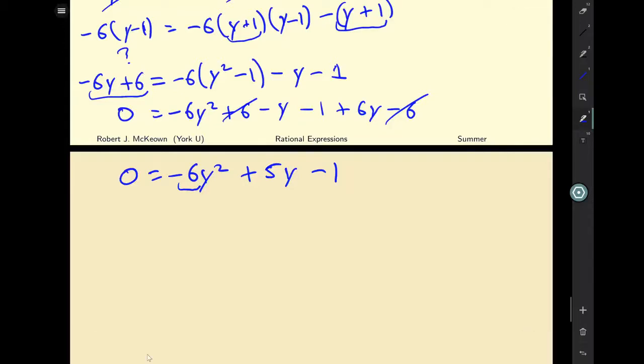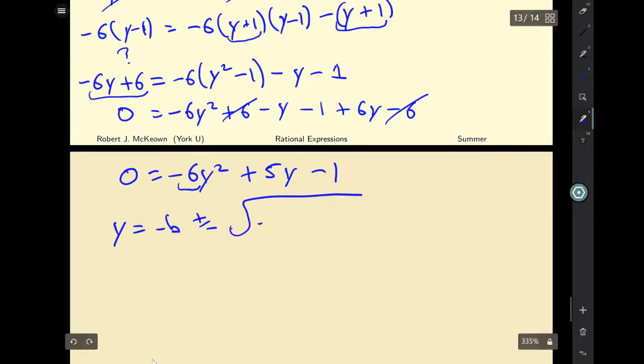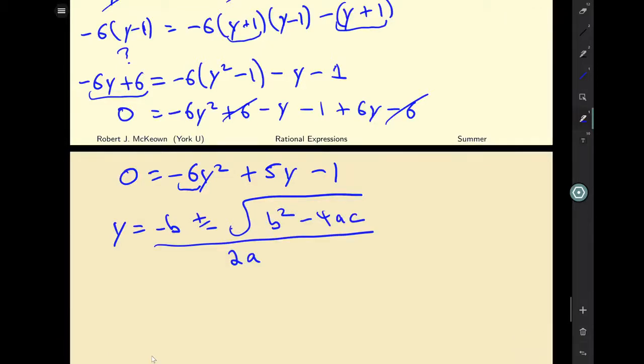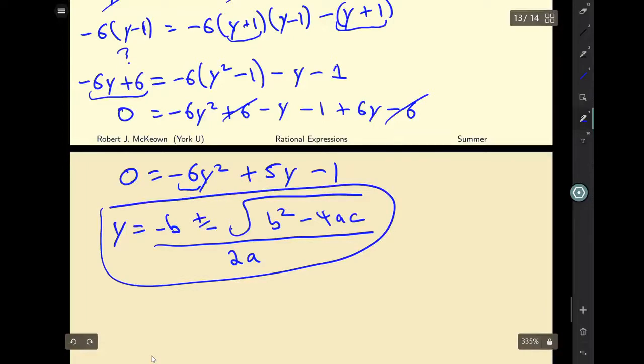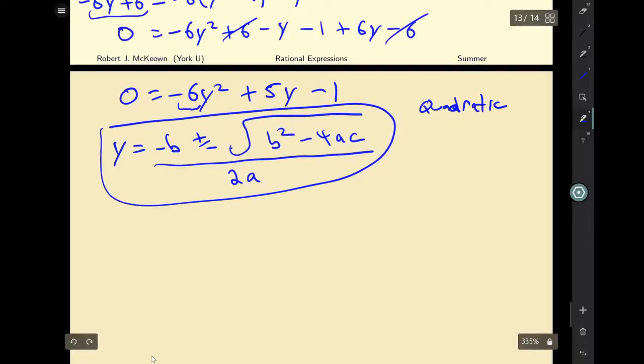To remind you, the quadratic formula says that y is going to be equal to negative b plus minus the square root of b squared. I got rid of that minus sign in front of the b, and I've added the equation right there. So you could use this quadratic formula, and I'll label it, to find the answer to the problem. I'm going to factor it by trial and error,